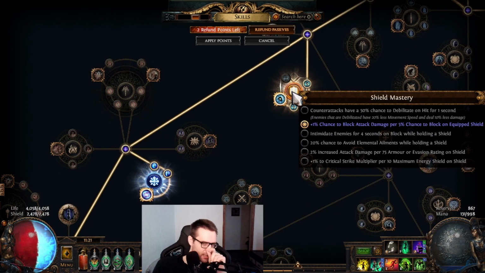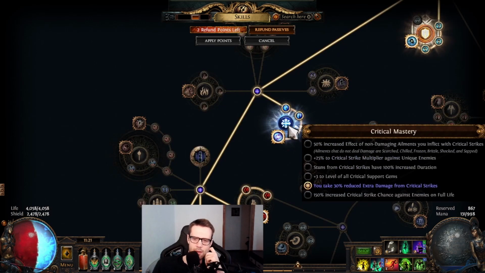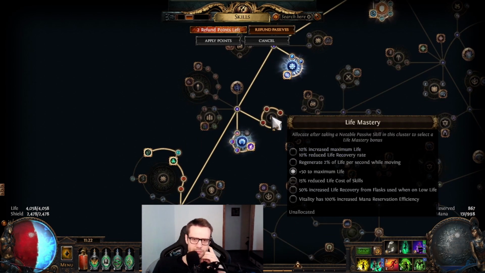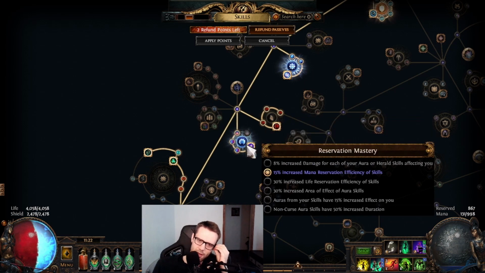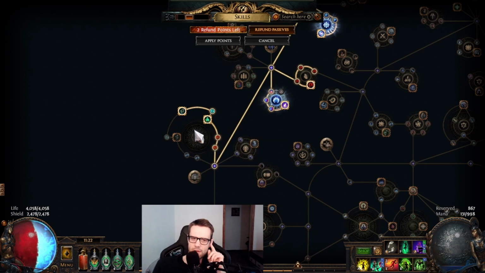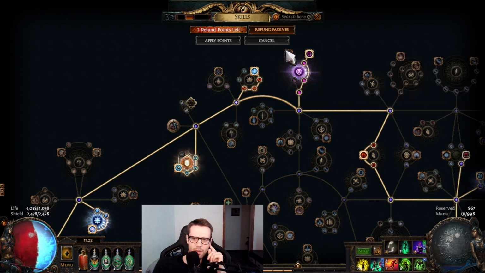Then here I have block chance. It's pretty good, 5% block chance. Block nodes, I have picked this one up actually. This node I picked up so that I can have 30% reduced extra damage from critical strikes from monsters. That's the main reason I'm still using this one. So I think that's really strong. Here I haven't picked up any life because I don't feel like anything is good right now. And of course this reservation, and I'm planning to take these 2 points now for basically increased damage for myself because of this node. And then I'm planning to, I guess, pick these nodes up, maybe pick up these ones,